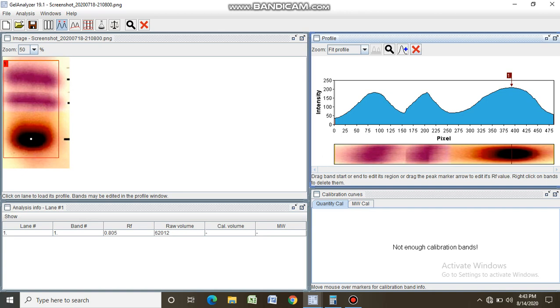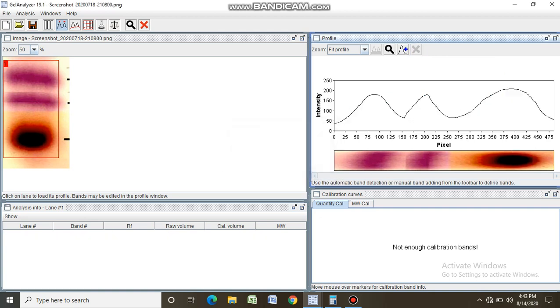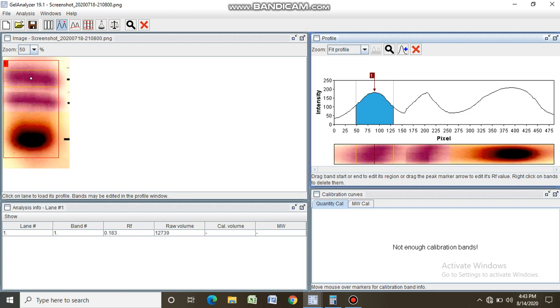Then delete all bands on the selected lane. Click on delete all bands on selected lane. Okay, then one more time, add bands mode, add band manually. So we'll try for the first band, for the first compound, from here till here. This is the first compound and here is the given RF value and raw volume for the first compound.